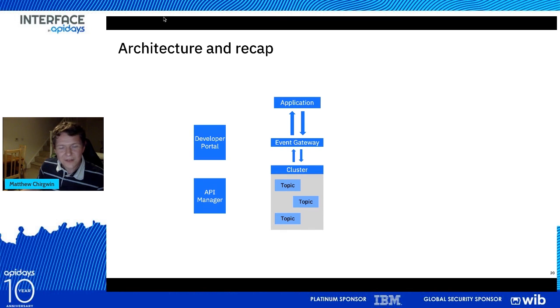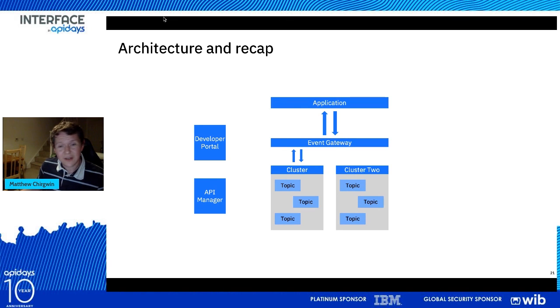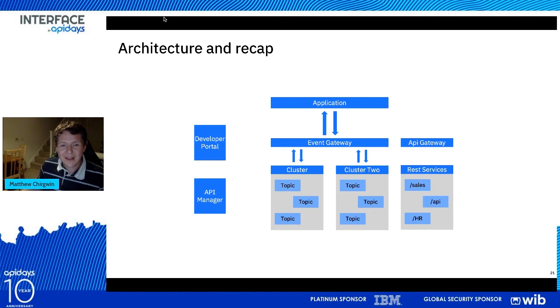This is a little bit of a simple example, of course. This does indeed scale quite nicely. So if you added, for example, another cluster, well, that event gateway can still cover that additional cluster and its topics as well. So Andre's application could then start to consume multiple topics from multiple clusters, but the event gateway is acting as that layer of abstraction. And finally, as mentioned, you can mix synchronous and asynchronous APIs in event endpoint management as well. With the API gateway being installed and configured, that application again can be extended to make use and sign up to RESTful APIs if that's the best fit for the use case.